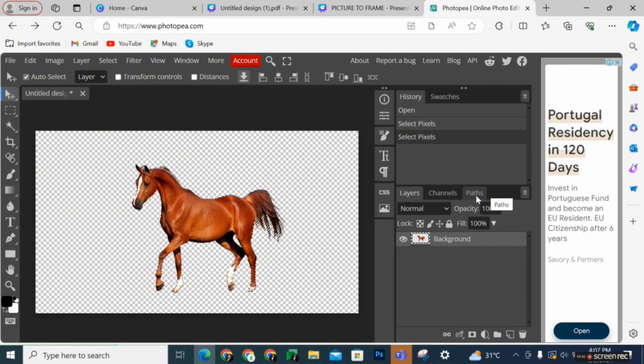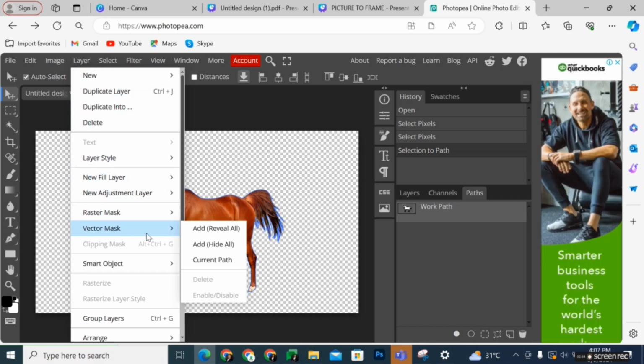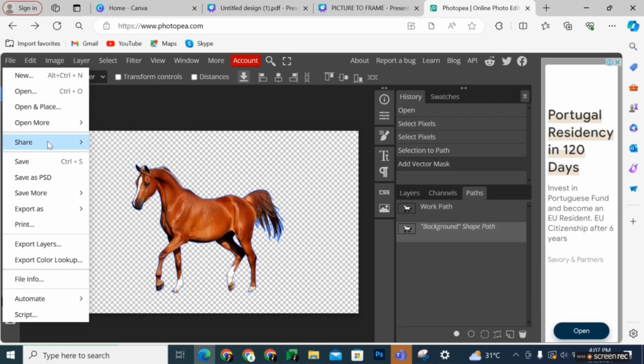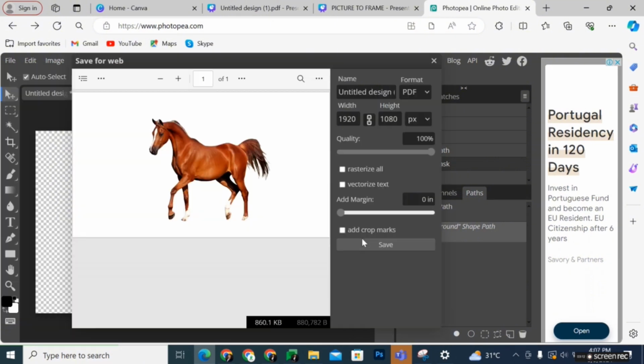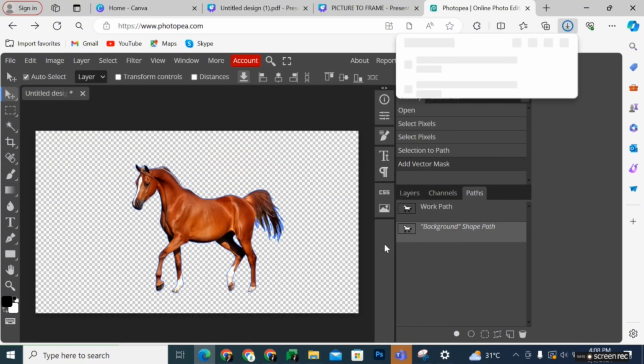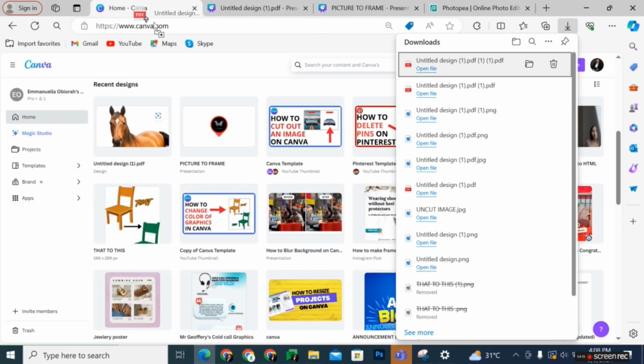Then select Paths and select the third icon below which says Selection to Paths. Then to the top, select Layers and then select Vector Masks. Select Current Paths and then go to File and select Export as PDF. Then save and download. From your downloads, drag the document to the tab where you have your Home Canva page